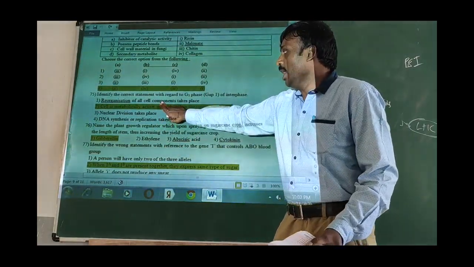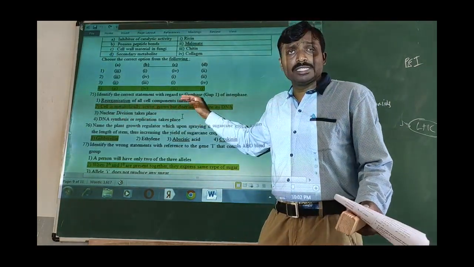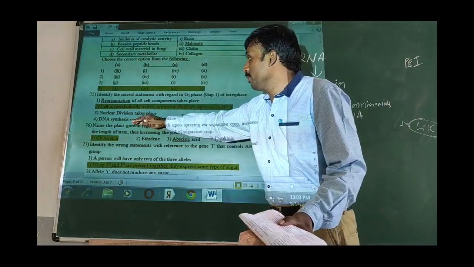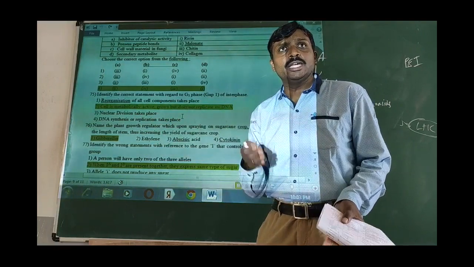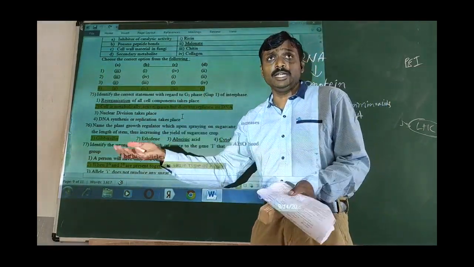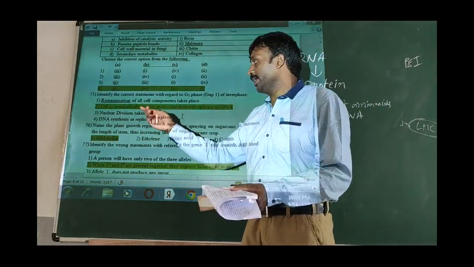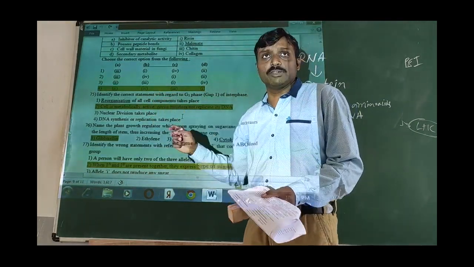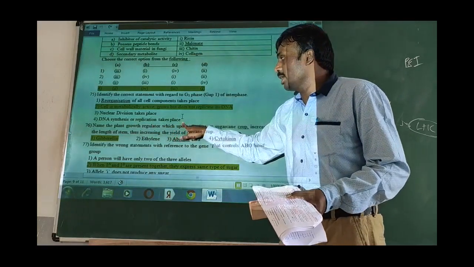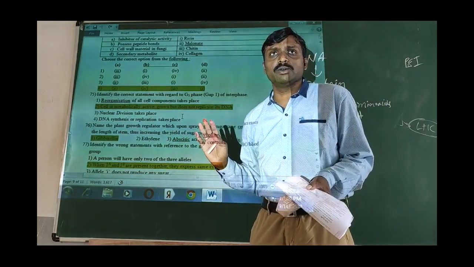If you observe the other options, reorganization of cell components takes place. This generally takes place in M phase. Okay, and nuclear division takes place. It is also again under M phase, karyokinesis. So karyokinesis is different from G1 and S phase and G2 phases, right? So after finishing G1 and S and G2, then only karyokinesis starts, not before the G1, or not during the G1. So DNA synthesis or replication takes place. This is totally about S phase, not about G1 phase.